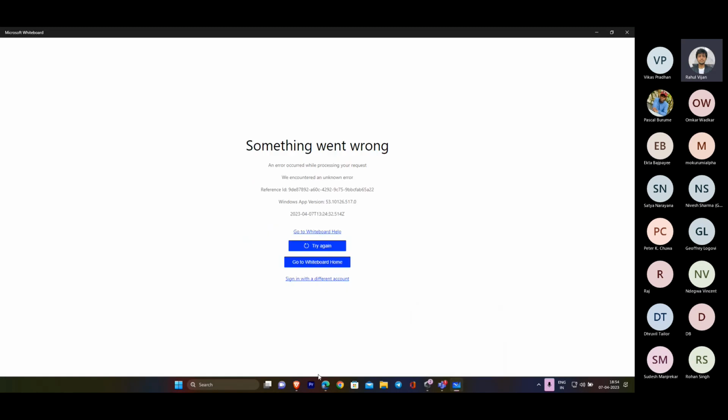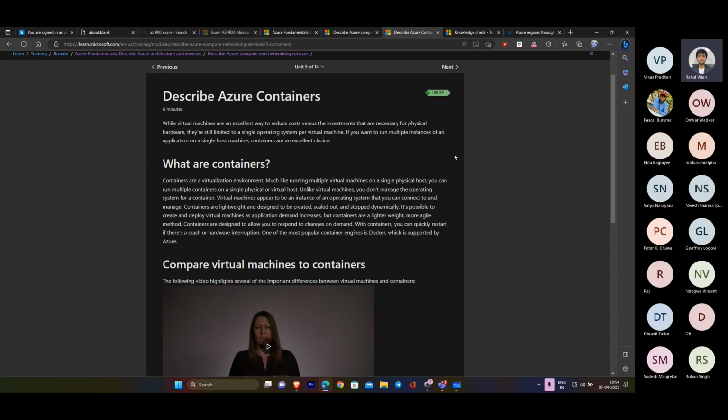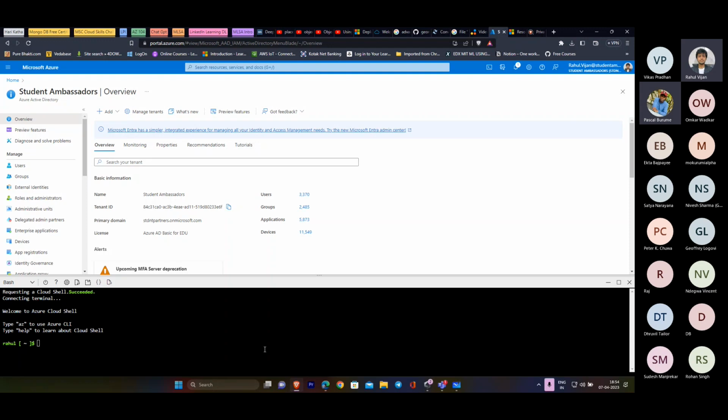Another service is Azure Bastion that will be coming. Actually, it is not in the scope of AZ-900, but for the next exam, Azure Administrator. There's a particular thing called the Azure Bastion service which comes in this. Another good thing about Azure Bastion is you can access your virtual machine from the browser itself instead of having an RDP client connecting to it,